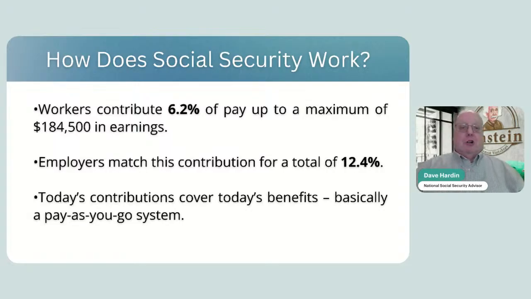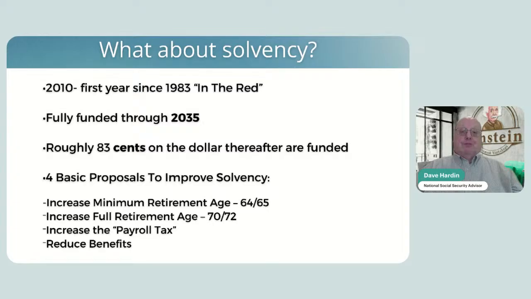Anybody know how many millennials there are? There's 77 million baby boomers. Surprisingly, there's 81 million millennials, but that's not way bigger. And that brings up the question about solvency. So when we talk about solvency, which is a very hot topic in Social Security today, I'm going to give you a take on it that you probably haven't heard, but I'm going to tell you exactly how it is and why some people have diligently tried to pull the wool over baby boomers' eyes in terms of solvency.